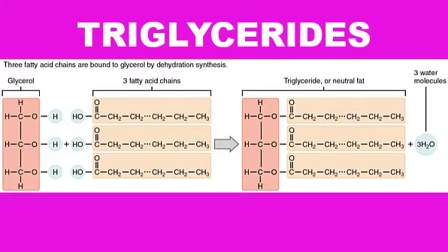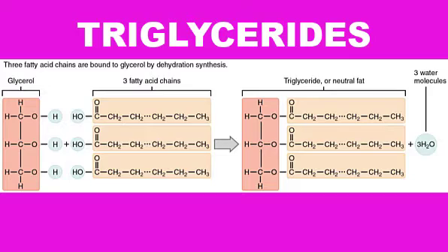The next one are the triglycerides. So what is a triglyceride? A triglyceride is one of the most common dietary lipid groups and the type found most abundantly in body tissues. This compound, which is mostly referred to as a fat, is formed from the synthesis of two types of molecules. A glycerol backbone at the core of the triglyceride consists of 3 carbon atoms, and 3 fatty acids, long chains of